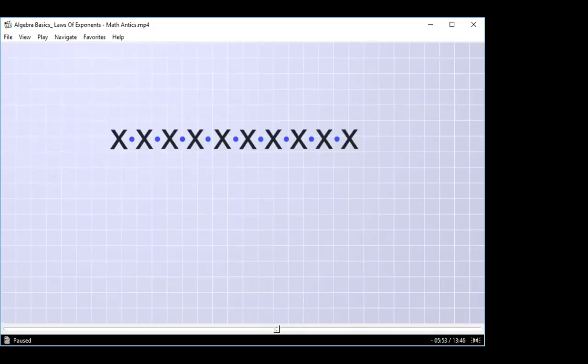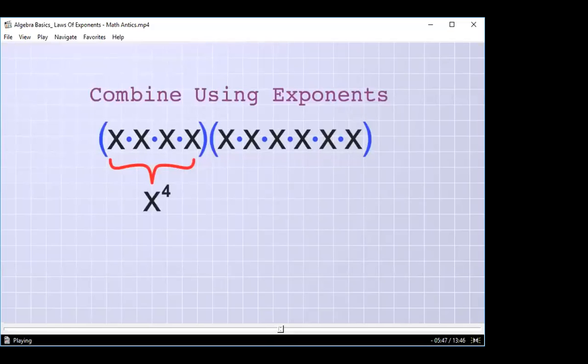Who will tell me the answer? I have 10 x's in front of you now. So the exponent will be how many? I'm repeating the x 10 times. So the exponent should be how many? 10. X to the power of 10. Yes, Johanna, yes. So it will be x to the power of 10. Combine the first 4, combine the second 6, and then